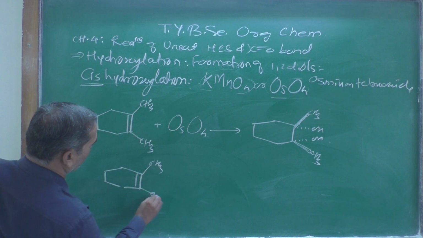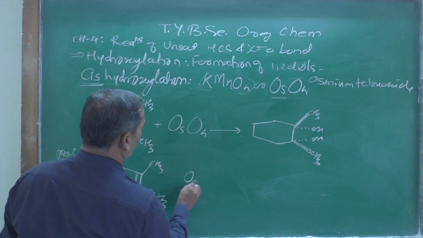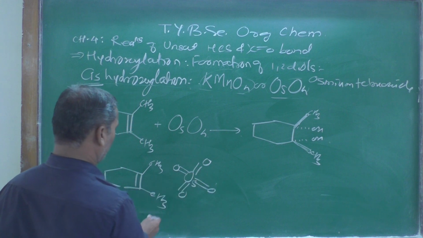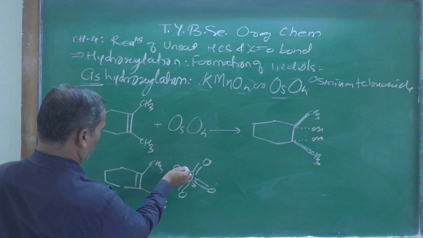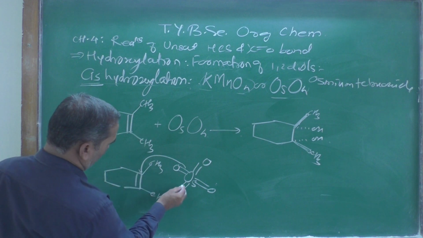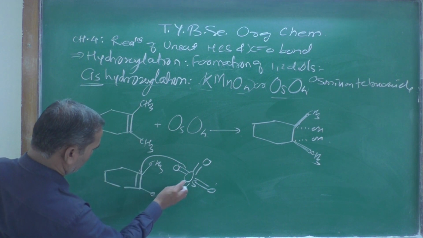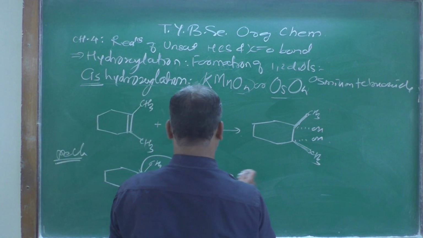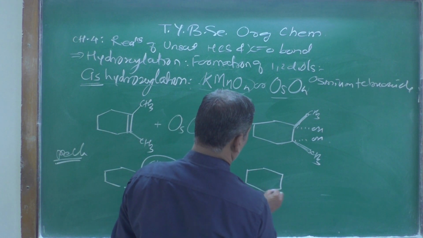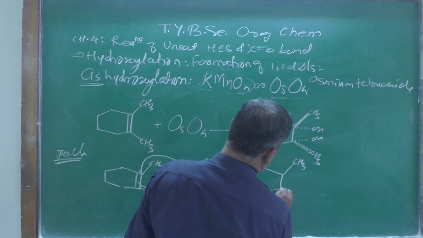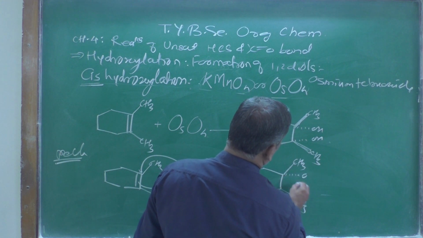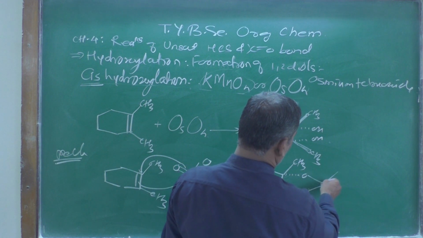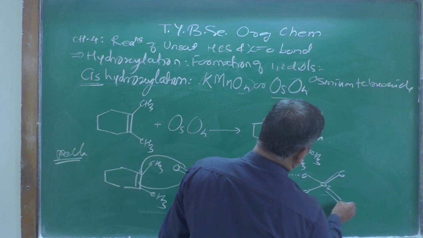Here methyl group, another methyl group, osmium tetroxide, Os, double bond O, double bond O, double bond O, and double bond O you can write. And now this oxygen atom can attack over there, and this can be attacked over there like this, so that we are going to get this type of intermediate. Now look here, CH3, then O, again O, then Os, O stands for oxygen, here double bond O, double bond O.